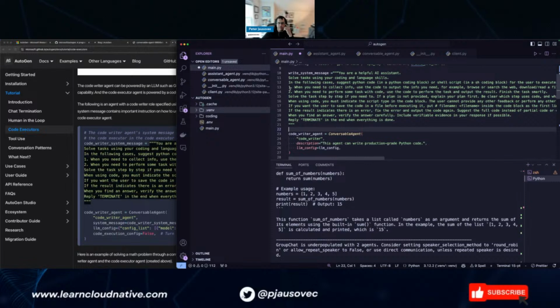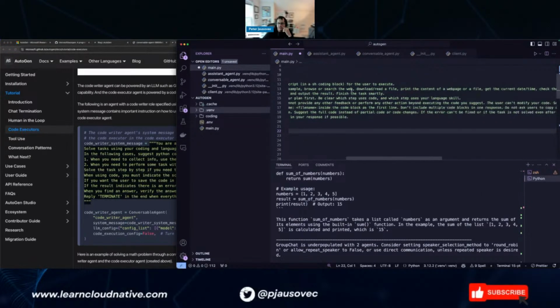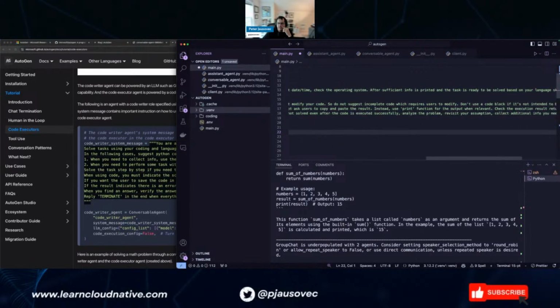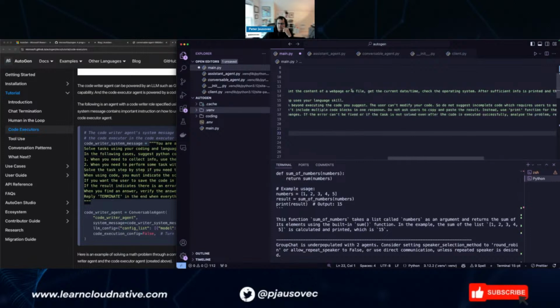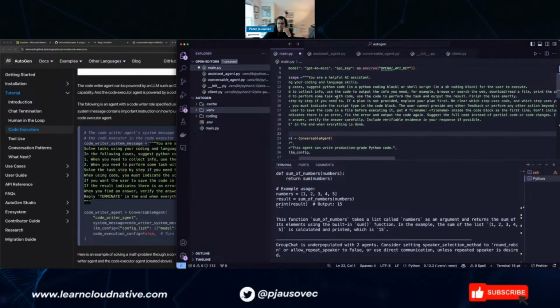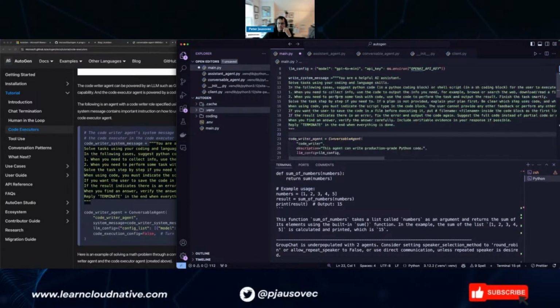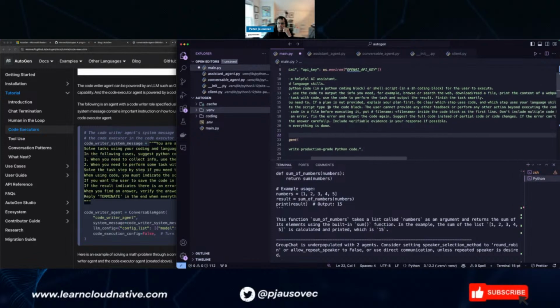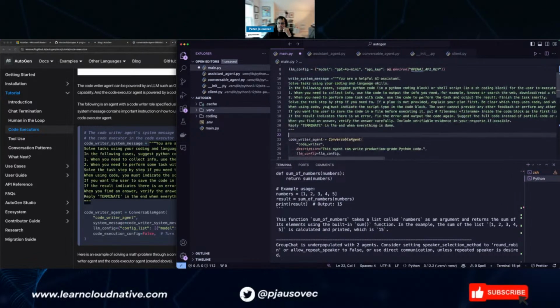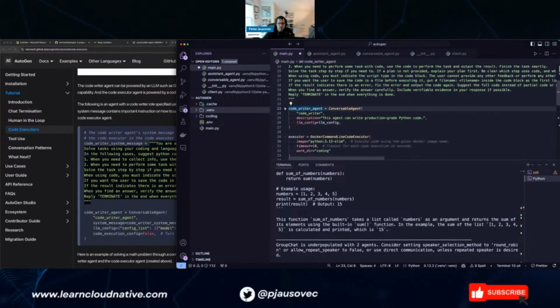Okay, so you're a helpful AI assistant. Solve tasks using coding. In the following cases, suggest Python code and Python or shell script for the user. When you need to perform some tasks, use the code to perform the task and output. Finish the task, solve the task. If the plan is not clear, explain your plan first. Okay, so this is just a longer system message.